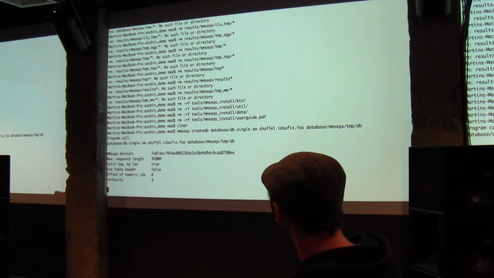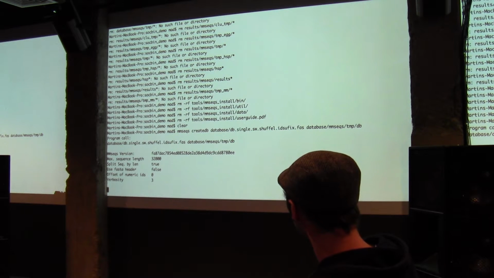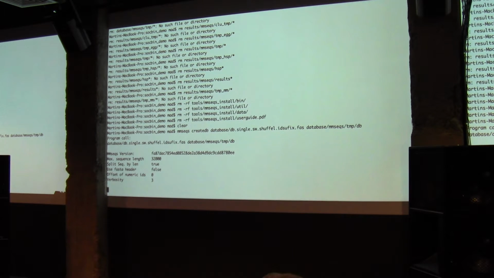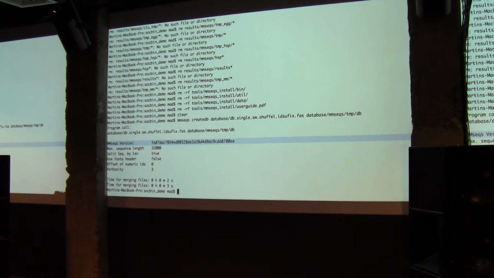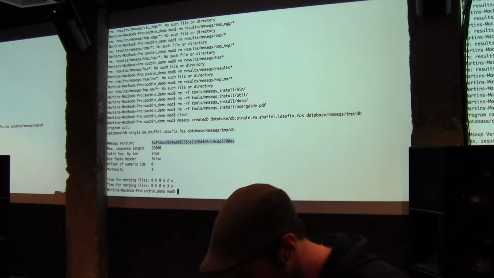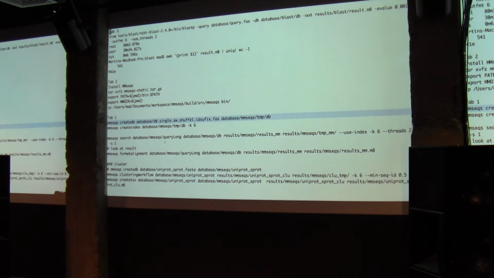And it will now start to convert it to the internal MMseqs format. MMseqs will always print out, for example, the version which is running. This is the GitHub version of MMseqs, which is useful if you give some bug reports. You can just say, oh, I have this version, there are some problems, can you please fix it? That helps us a lot. Okay, now we have the database.